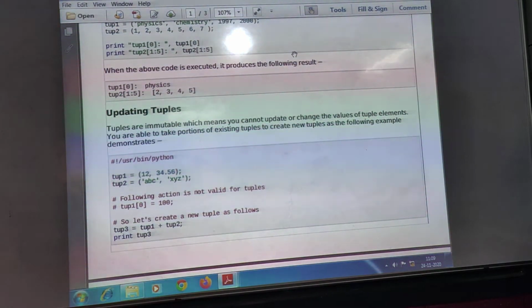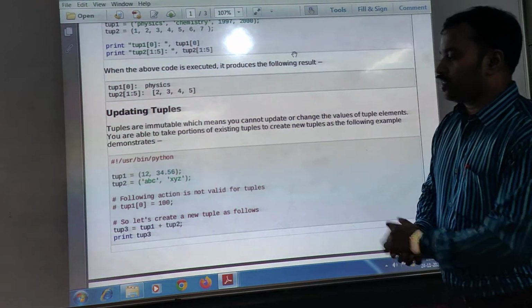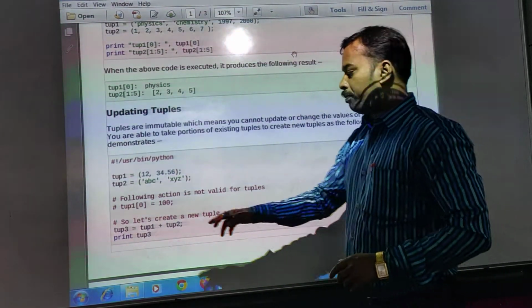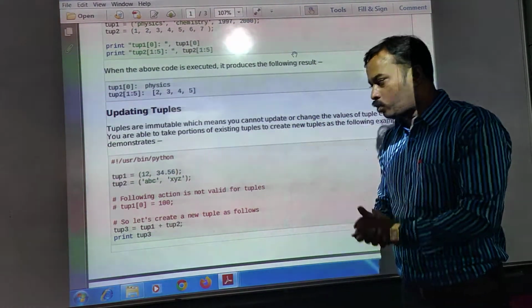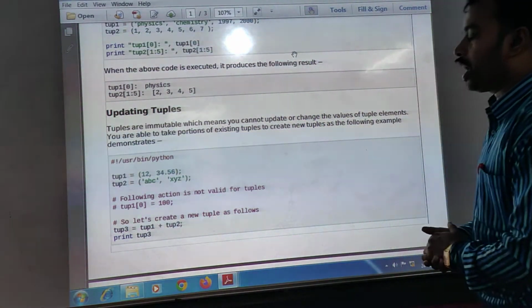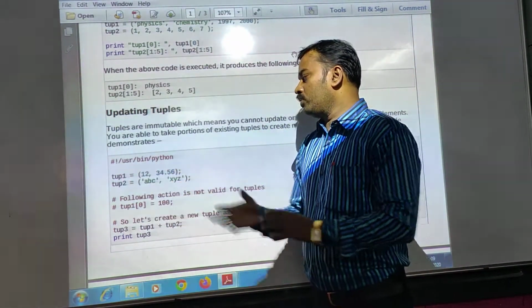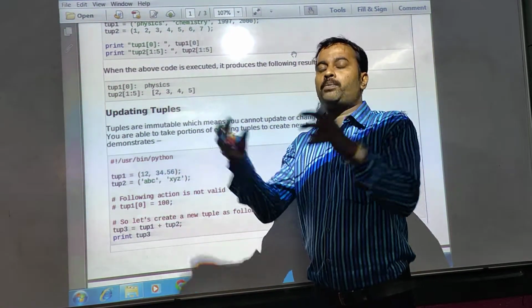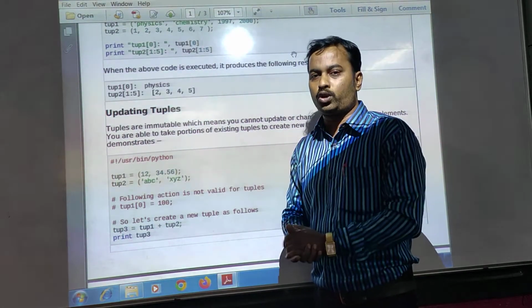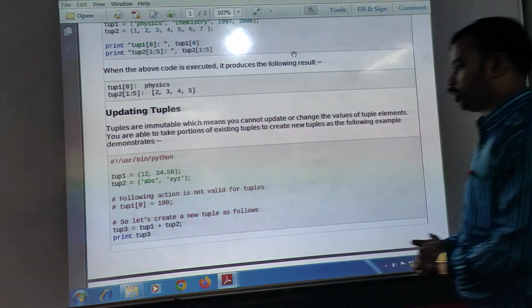You know that updating a tuple is not possible because a tuple is an immutable object. I already discussed this; it is a very important property. But remember the concatenation operator, the plus operator, by which two tuples are combined together. Also, more importantly, I discussed in my previous video that a tuple can hold integer values and string values, all different types of values combined together. That's why the tuple is also known as a heterogeneous type. So it can hold different data type elements combined together.